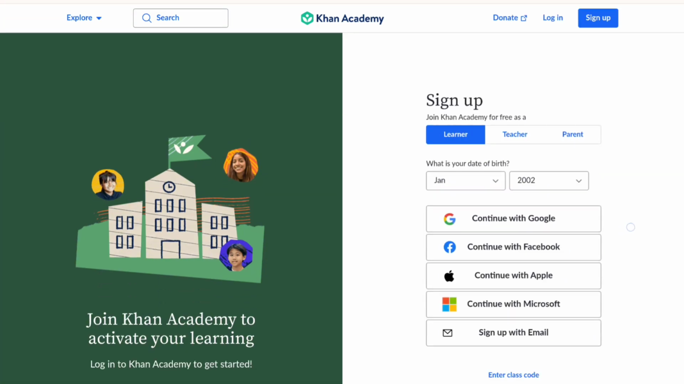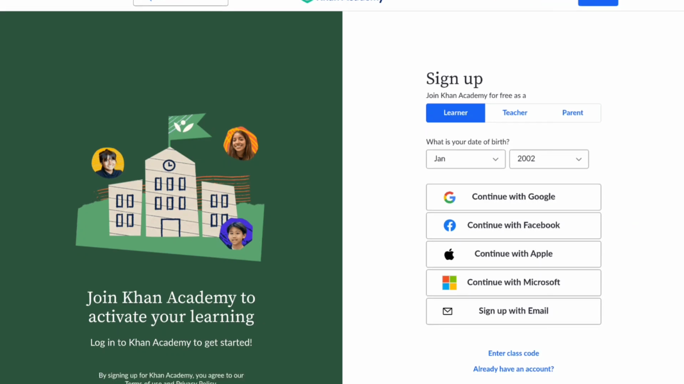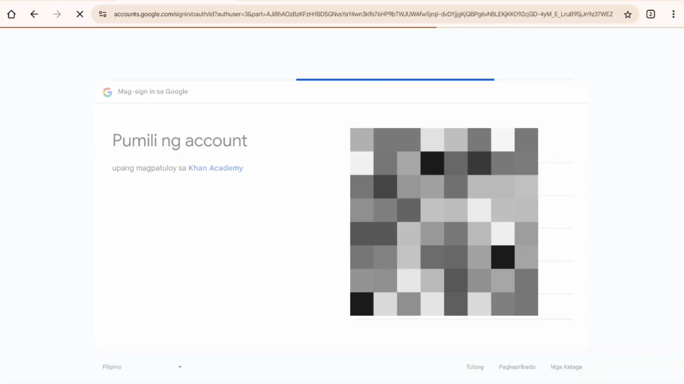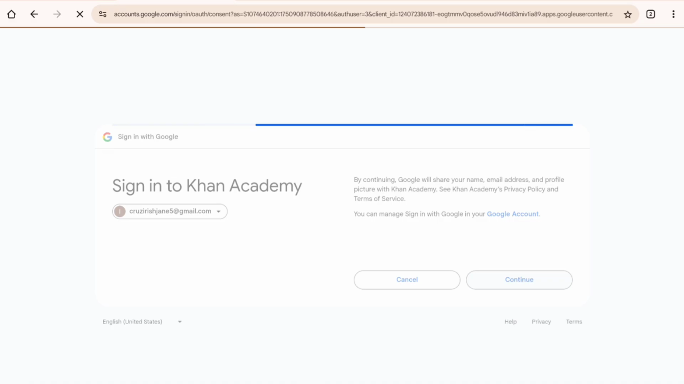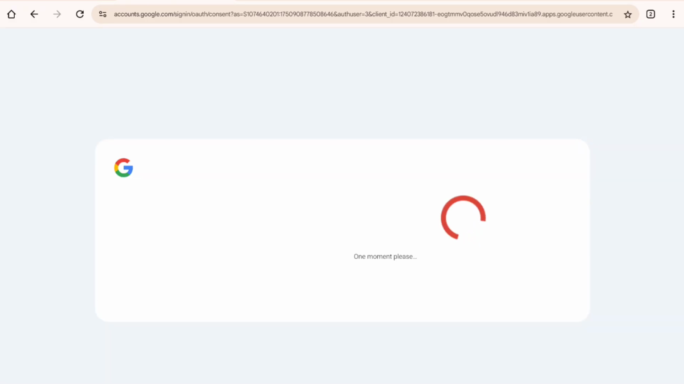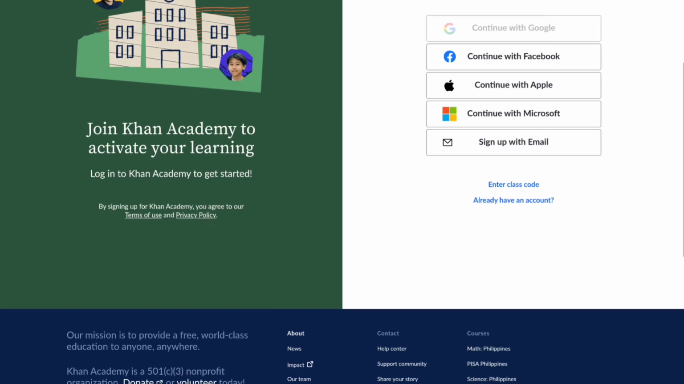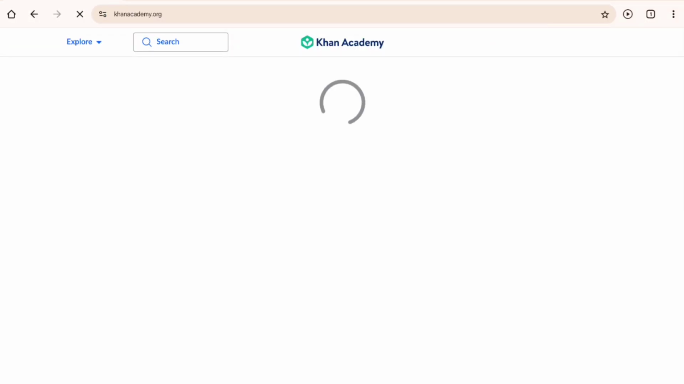So you can actually create an account by continuing with Google, Facebook, Apple, Microsoft, or with your email. Simply select from any of this and then go ahead and select an account that you want to connect with this. So once you have authorized the connection between your email and Khan Academy, this will redirect you into this